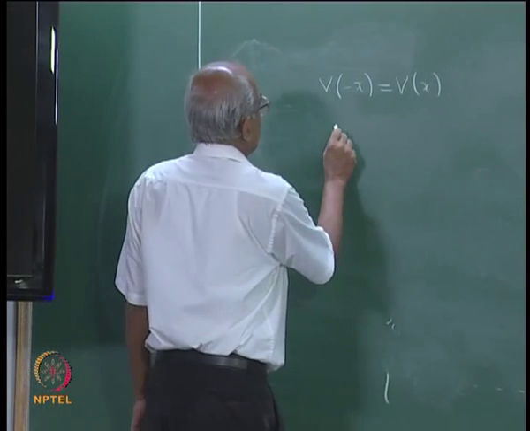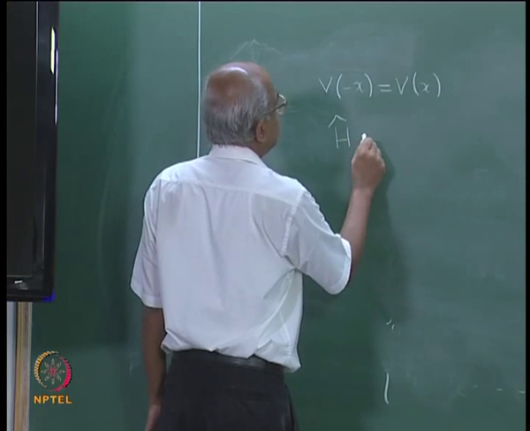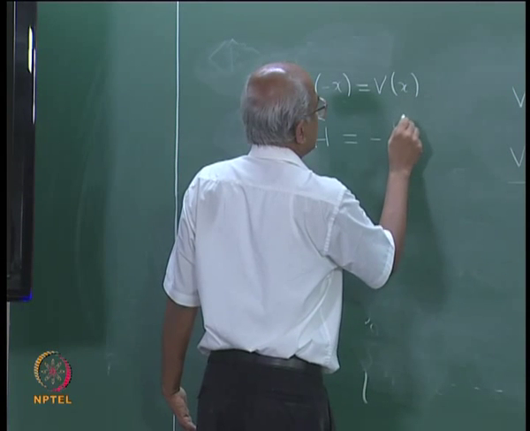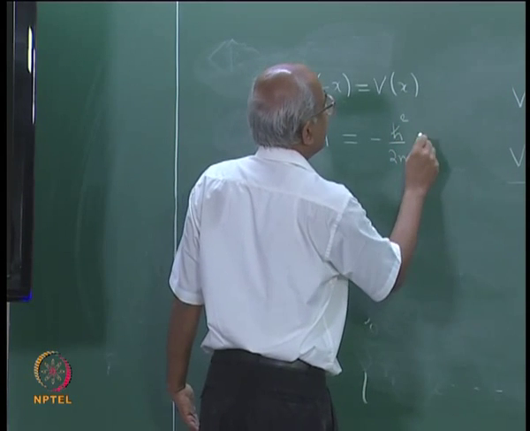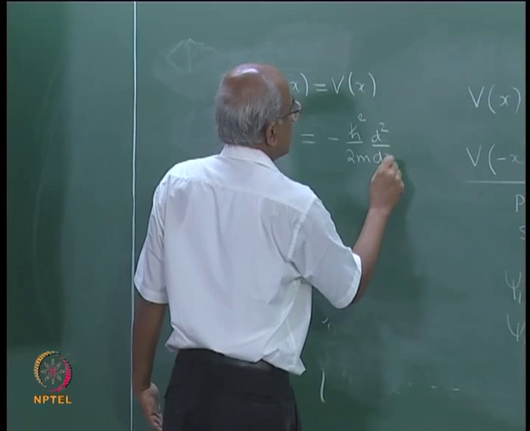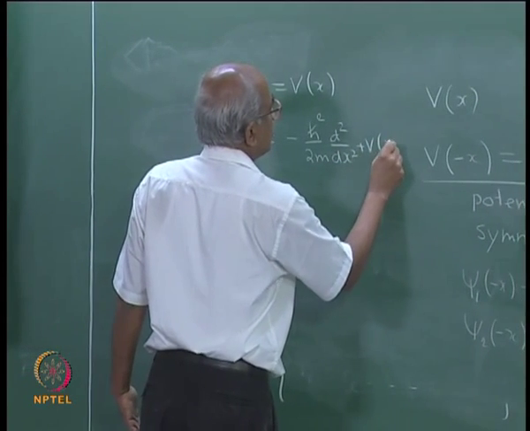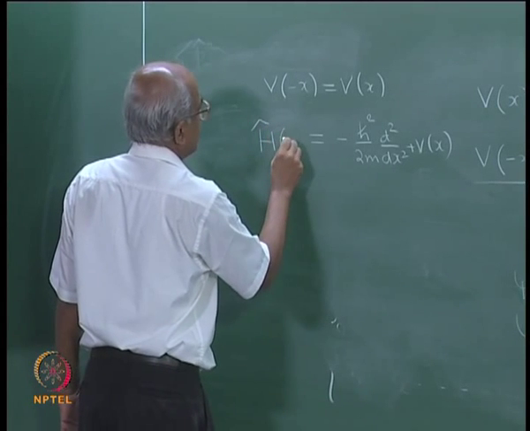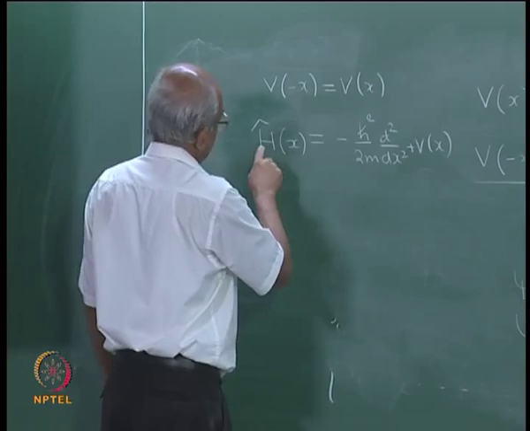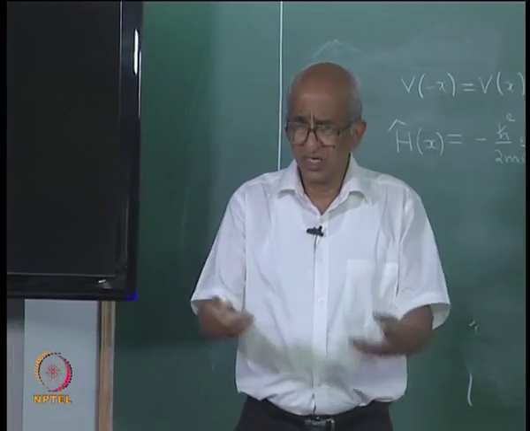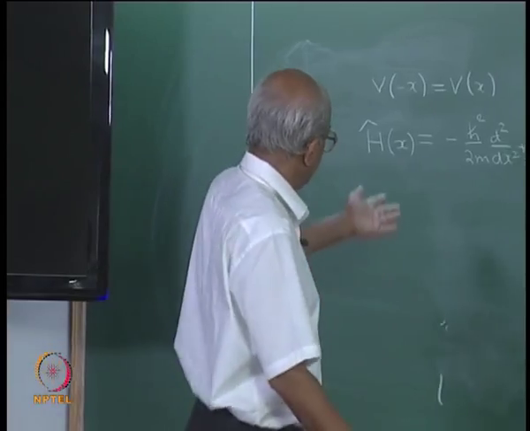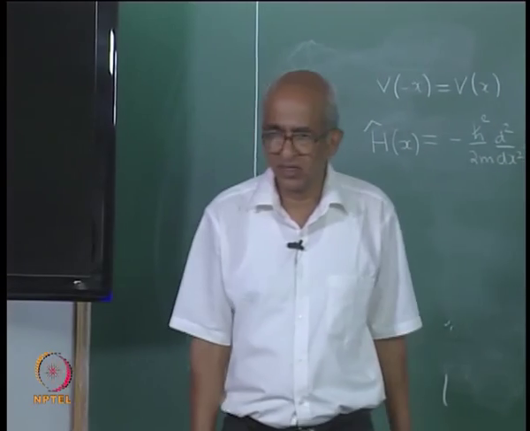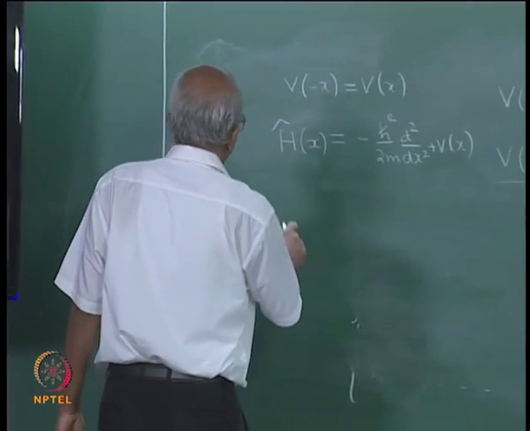Now, if you think of the Hamiltonian, what is it? For a one dimensional system, the Hamiltonian is minus h cross square by 2m d square by dx square plus v of x. But of course, I am going to change x to minus x. So, I will better say that the Hamiltonian after all depends upon the variable x. It of course involves differentiation with respect to x as well as this v of x, but it depends upon x. So, suppose you think of h of minus x,